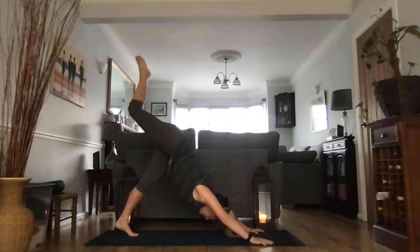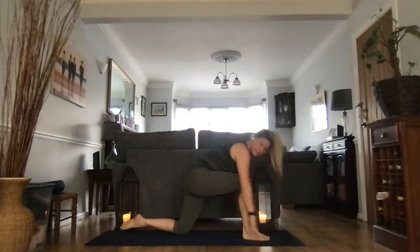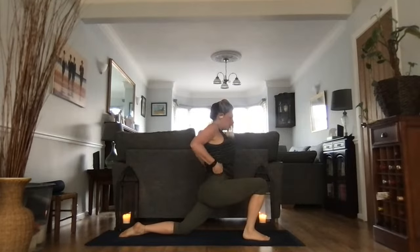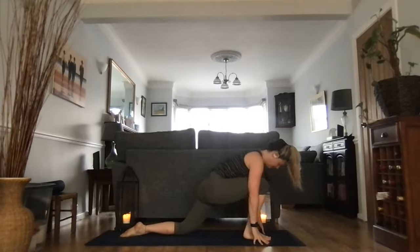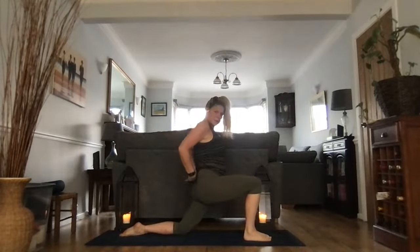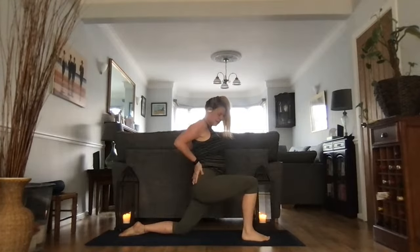Wherever you are, we're going to step the right foot through when you feel ready. Drop the back knee and curl the toes. Take a little inhale, come up into your low lunge. If you feel you need to move forwards and backwards a few times, maybe just do that. Yeah? Notice how the hips are. And then once you're up, let's just stay up and really think about pressing into the low back, teasing the